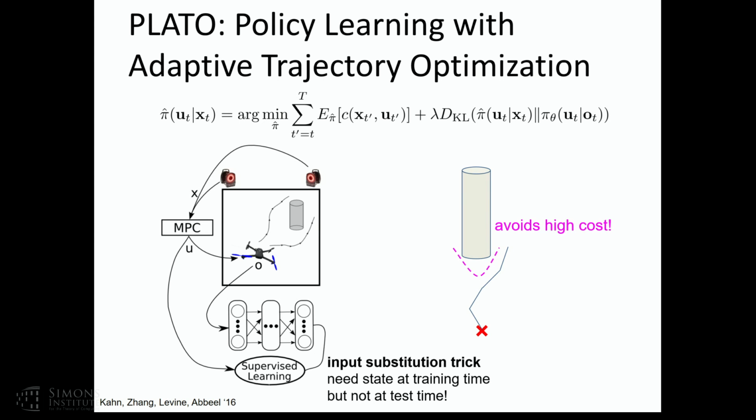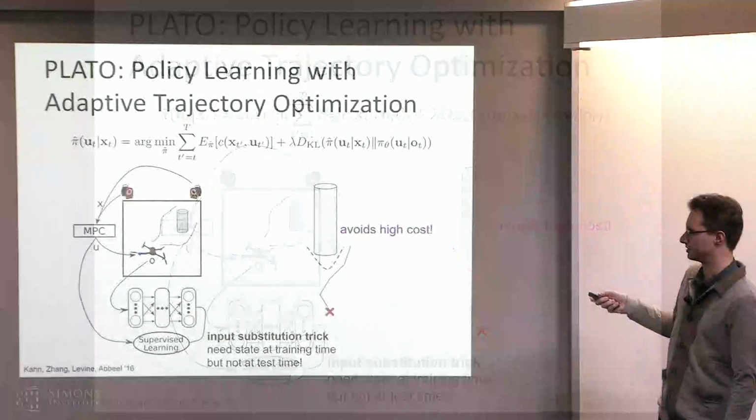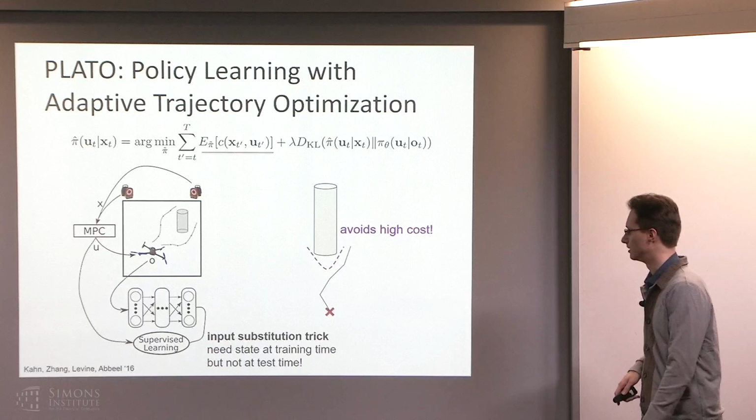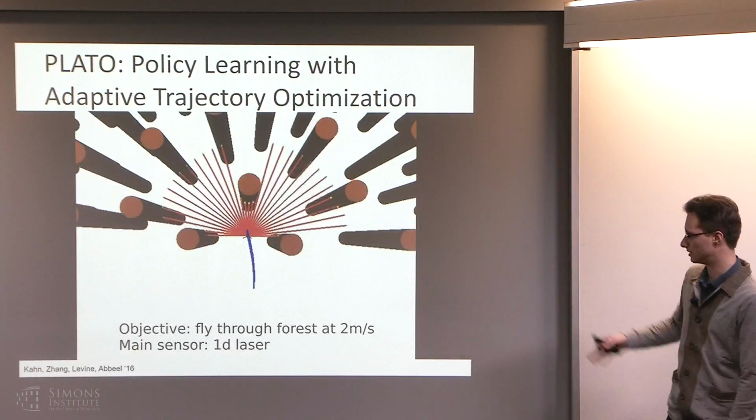It will say, okay, I know you want me to do the same thing as pi theta, but you'll get a really bad cost, so in the balance with this objective, it's better to avoid the obstacle, even though that's not what pi theta would have done. That's the test case that we have here.